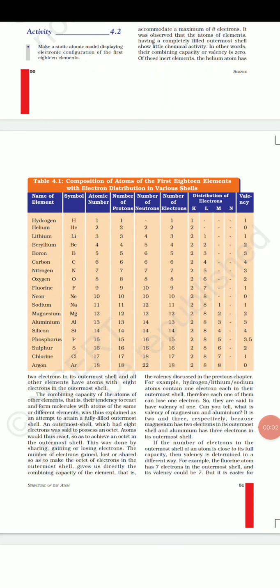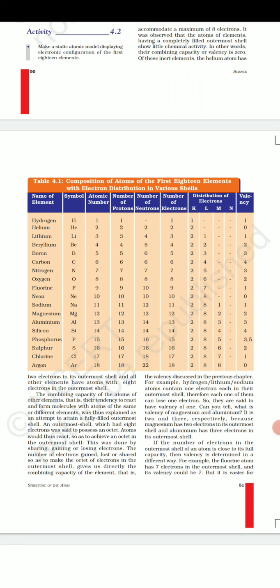Hello students, in this video we are going to start the concept of valency. You all have studied about the atomic series. We have 20 elements in our syllabus right now, hydrogen up to calcium. We have studied that number of protons is equal to number of electrons, and they both are equal to atomic number. These three things are equal. Atomic number is equal to number of protons and they are equal to number of electrons.